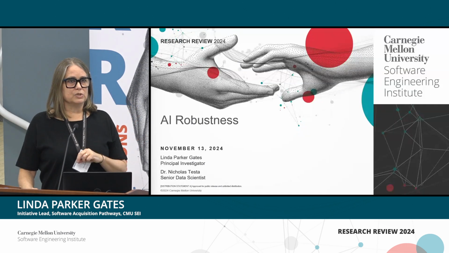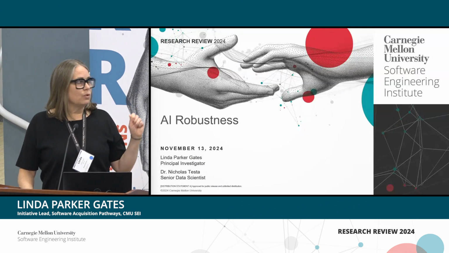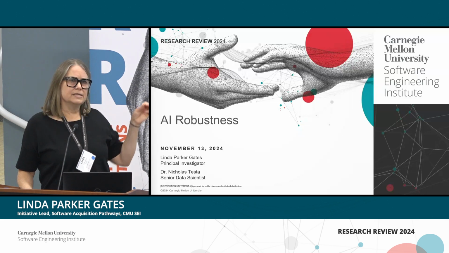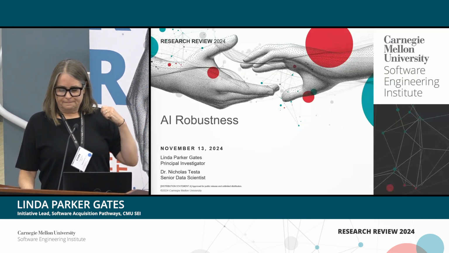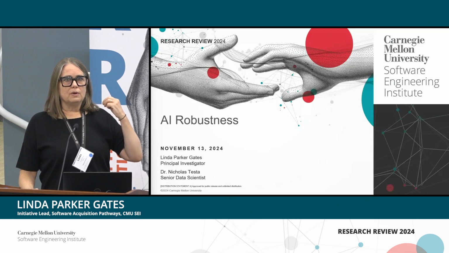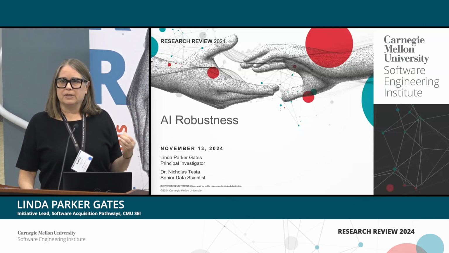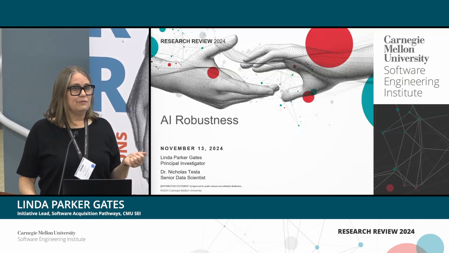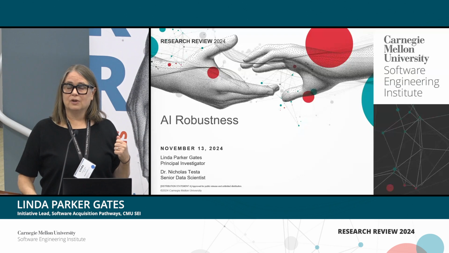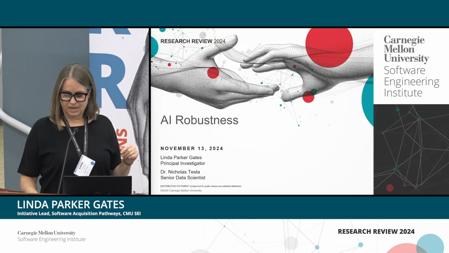So we're going to talk to you this morning about potential problems with AI, particularly with AI and ML performance over time, and explain how a tool that we have called AIR, it's actually a methodology and a tool, can be used to examine your prediction capabilities and ensure that they're working the way you want them to. And then we will give you an invitation to work with us, because we are looking to work with as many different kinds of projects and programs as we can.